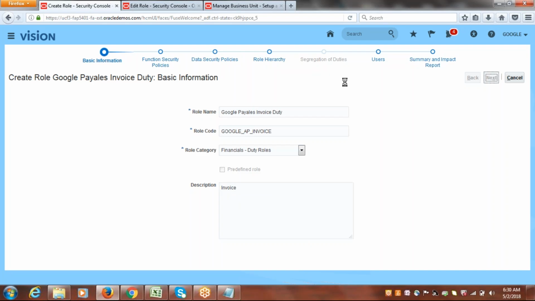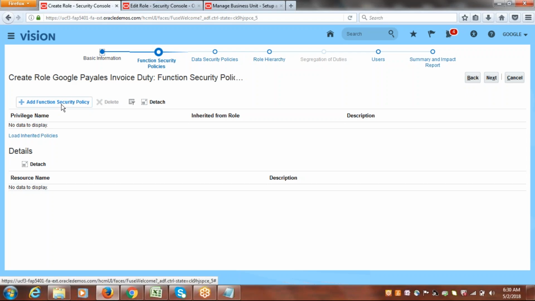Invoice, click on next. So, the invoice duty role. If you think the seeded one, whatever Oracle is providing as the payables invoice duty role, does not meet your business user requirement, and associating it as is is not enough,